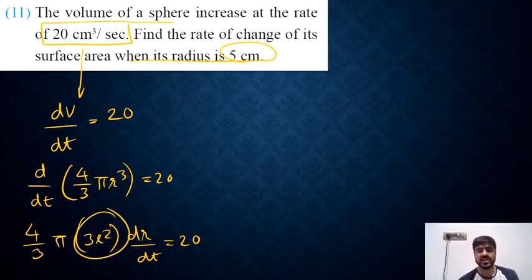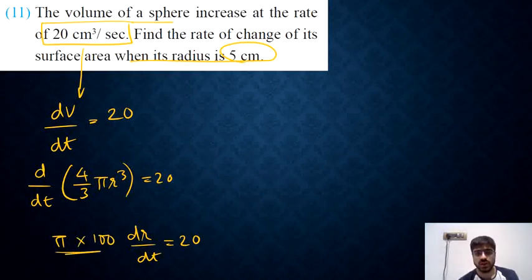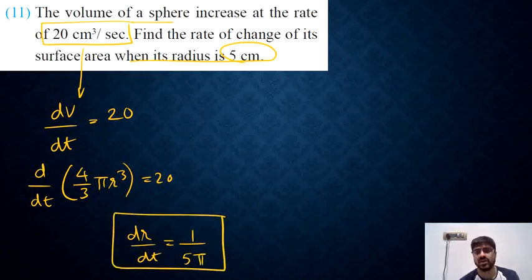So when we put radius as 5 here, this will be 3 into 25, which is 75. Actually we had 3 into r square, right? So this 3 gets cancelled with this, and we are only left with r square, which is equal to 25 in this case, and 4 into 25 is going to become 100. So that 100 pi goes on the right hand side, and we will have 20 upon 100 pi, that will be 1 upon 5 pi, and this is the final value of dr by dt.